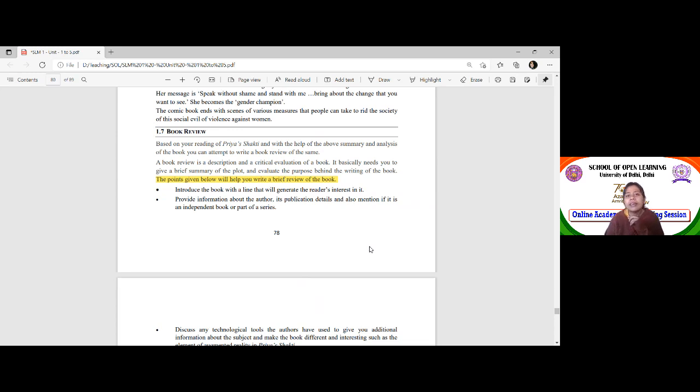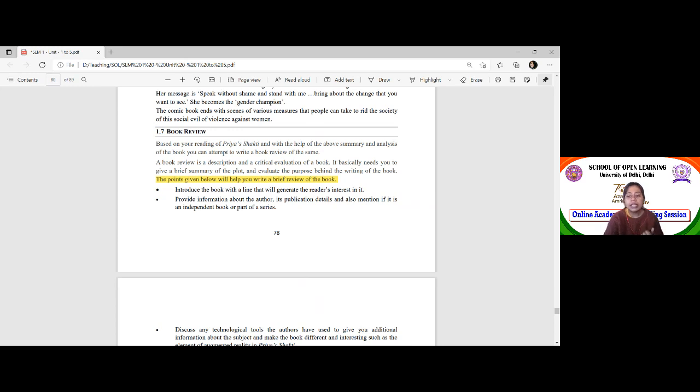Of course, you can write a review for the whole series, but usually it's done for single books. So in that case, you will mention which Harry Potter book, and you will say that it is part of a 7-book series. So you're supposed to give the technical details surrounding this particular book that you are